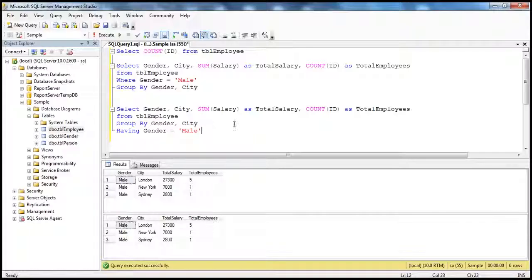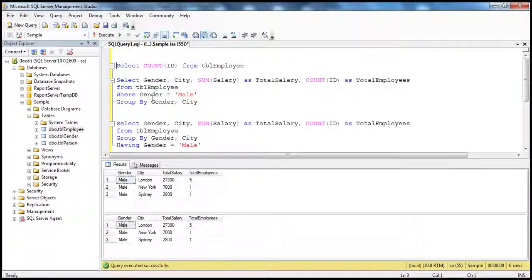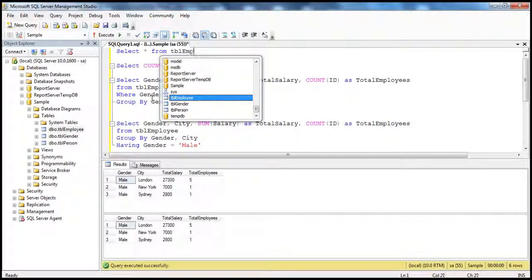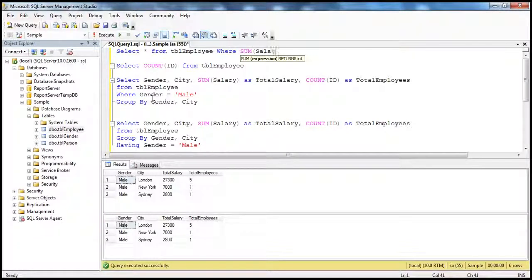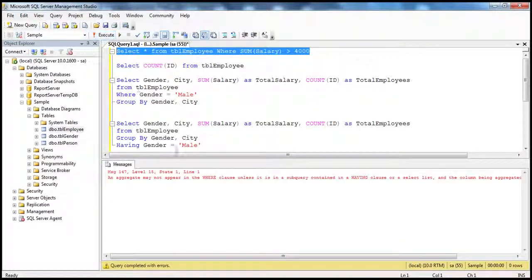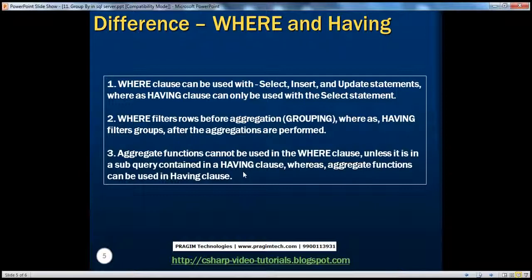Let's see this. What do we mean by aggregate functions cannot be used in the where clause? Examples of aggregate functions we already discussed: count, average, sum, minimum, etc. So let's say select star from TBL employee where sum of salary greater than 4,000. Can I do this? Absolutely no. I mean, you can do that. There is a way to do that, using a subquery and having clause, which we'll be talking about in a later session when we talk about subqueries. But in general, you cannot use